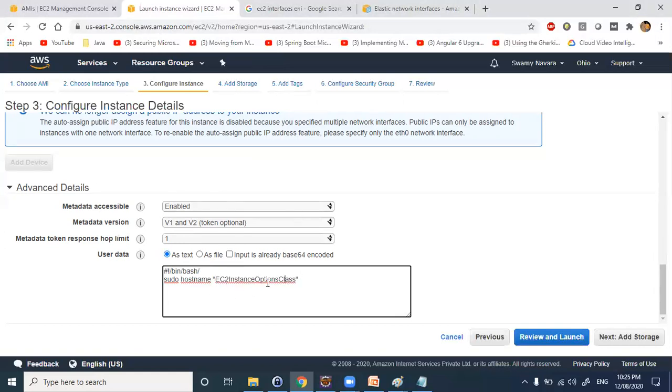Whenever I connect with PuTTY, my host name would be this one. Clear? So that's about user data. User data is used to write your shell scripts here. If you want to install any server, like a web server or Nginx server, you can write your script here. We will see that in our next session.